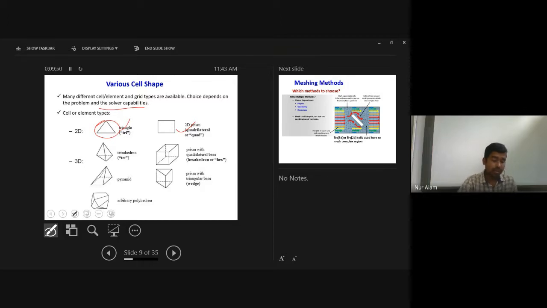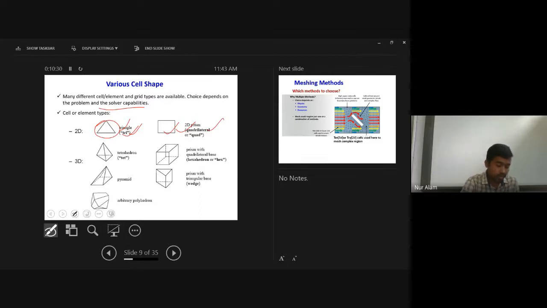If there is a complicated geometry, skewness is going to increase if you choose the rectangular element. But if you choose the triangular element, the skewness is going to reduce. Generally, when skewness comes towards zero, we consider it a better quality mesh. Obviously, we have to check the quality of the mesh, but generally for complicated geometry the triangular element is preferred over the quad element. There is a justification, and a lot of data is there.